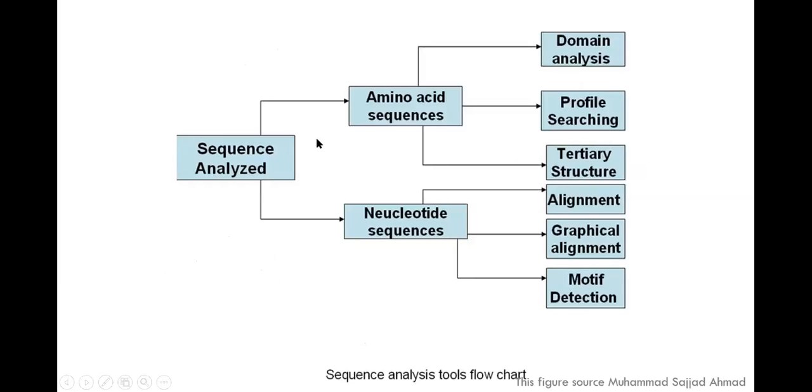So coming on to sequence analysis, you have amino acid and nucleotide sequences. Amino acid sequences can give protein domain analysis, protein profile searching, protein tertiary structure. You can go and analyze from the amino acid sequences. Coming on to nucleic acid sequences, you look into your concepts of alignment. I want to compare this sequence with others, alignment properties, graphical alignment, what are the types of graphical alignment, and motif detection. Okay, I aligned two sequences, human and chimp, human and worm, human and fly. What are the motifs that are common to them? And for motif detection, the software can recognize based on the nucleotide. This is one distinction of what sequences are analyzed in the database.